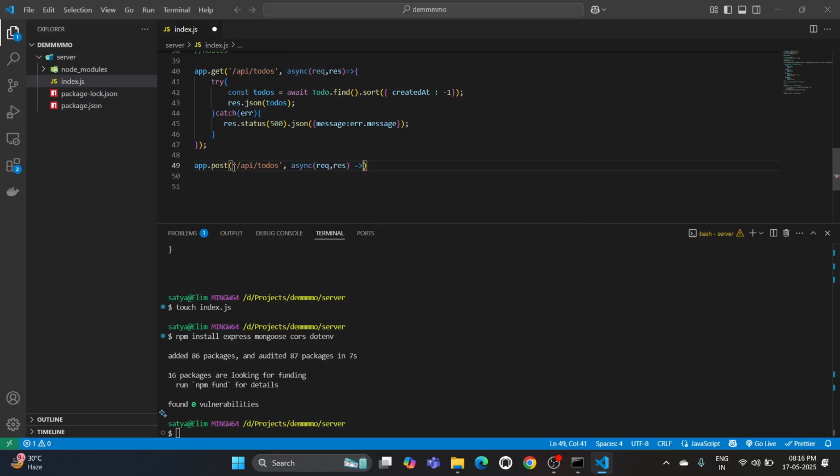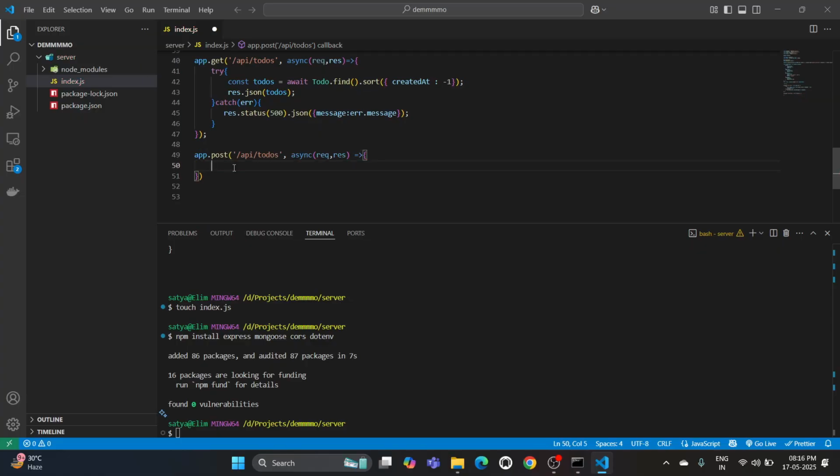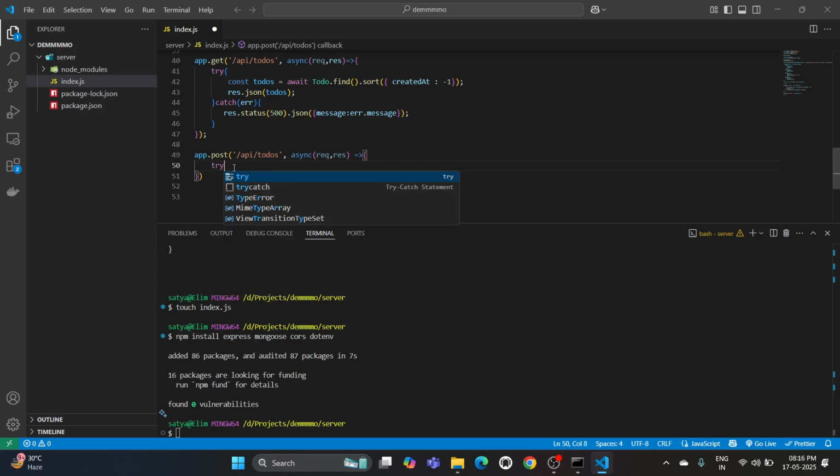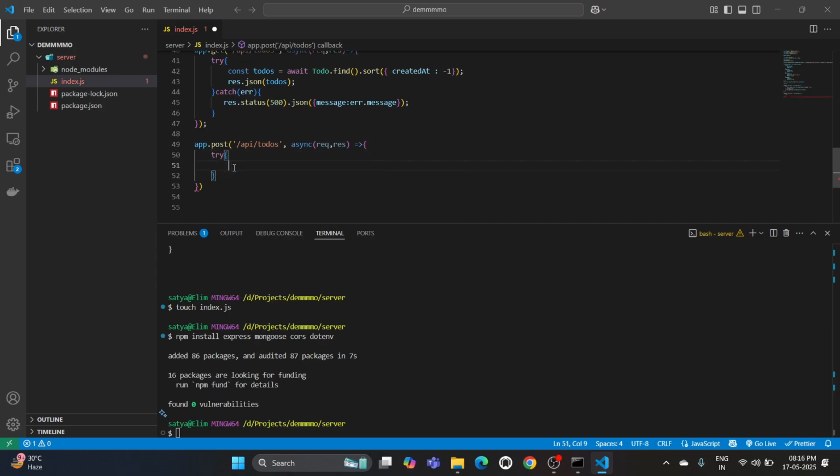Request and response. Similarly in here also we'll keep it inside the try block. So we are keeping all the code which is expected to create some error inside this try block, so that if any error occurs, we'll catch it in the catch block. If the error arises in the try block, it won't affect our whole code. Okay, so similarly we'll do a new todo